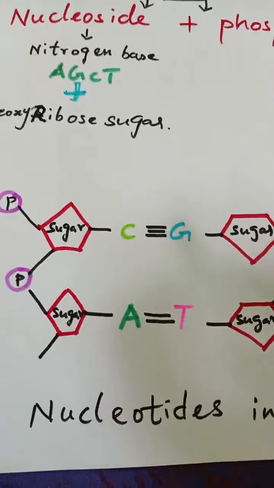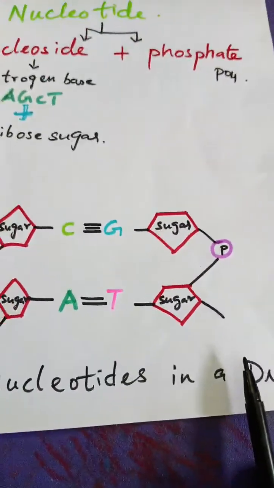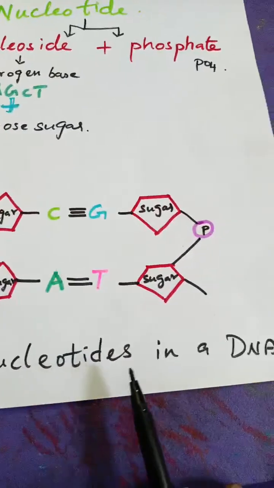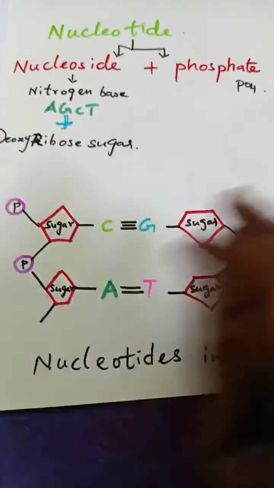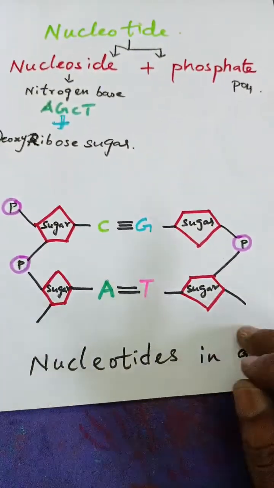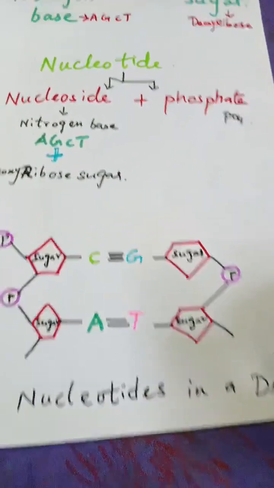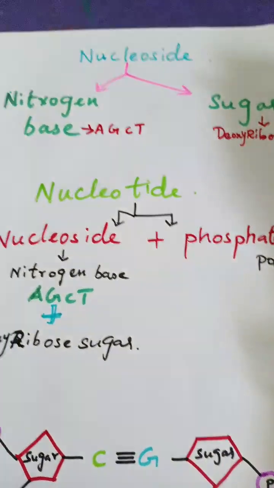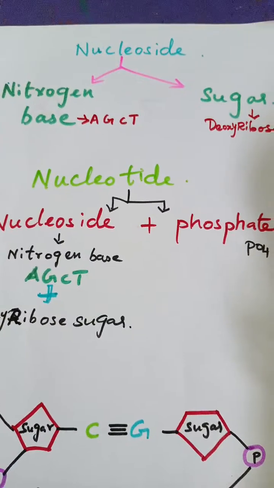So look at this picture. This is the nucleotide. I told you, DNA is a polynucleotide. Okay, so this polynucleotide has millions of nucleotides in it. So this is the basic structure of the nucleotide, that is the DNA. Okay, so now further, if you see this nucleotide,